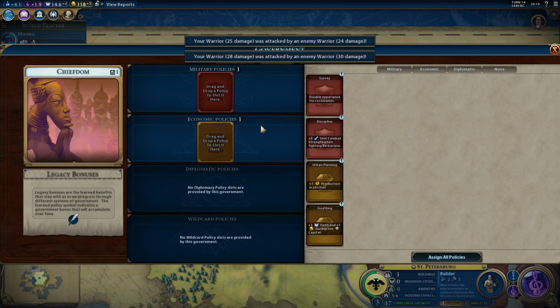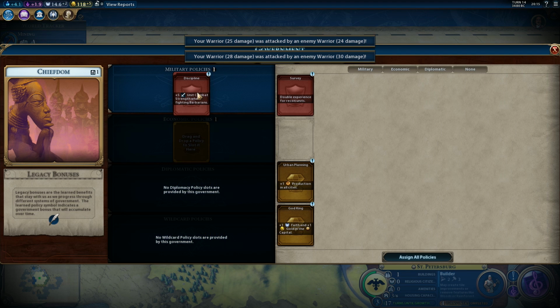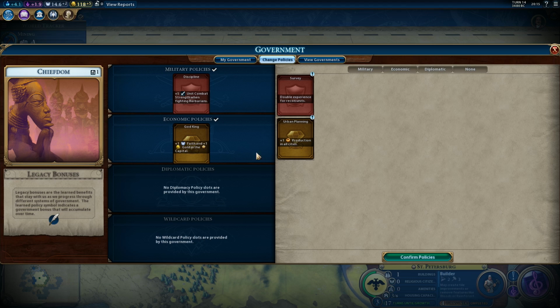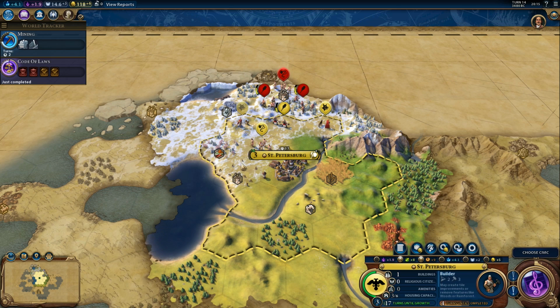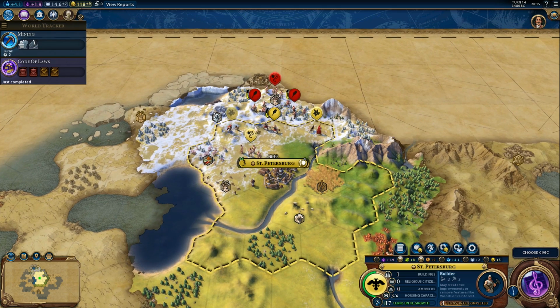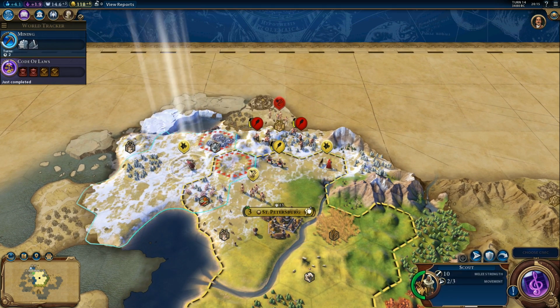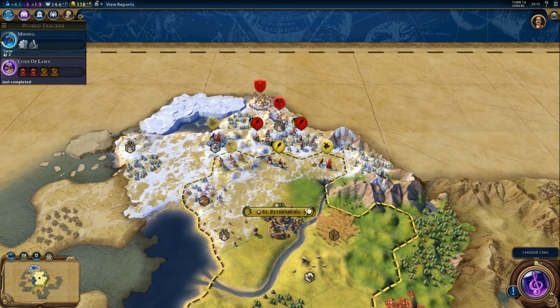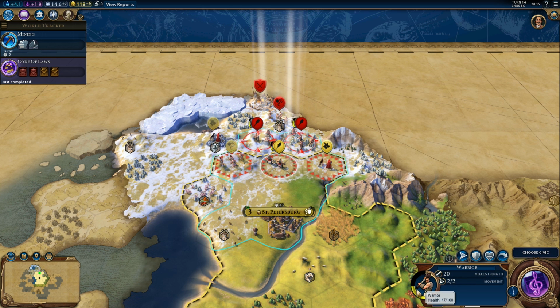But we got Code of Laws, so now we can pick up +5 combat strength when fighting barbarians, and plus faith, plus gold in our capital. Yep. To get that pantheon a little bit faster. So, let's have a look. We can move out of the way with the scout, move in with the slinger. And it's probably best to fortify, although...